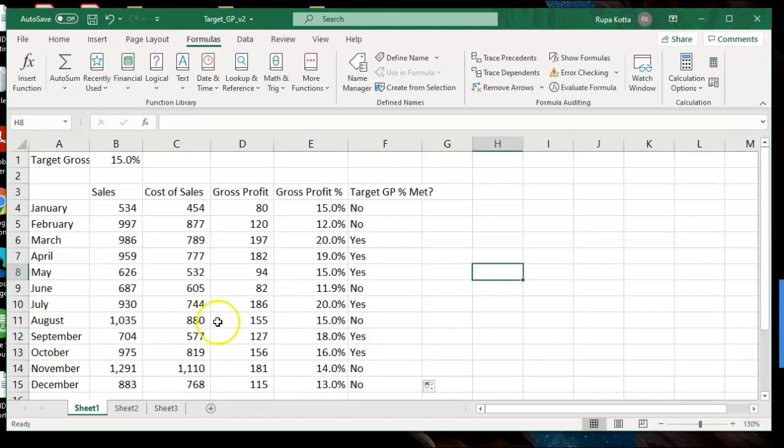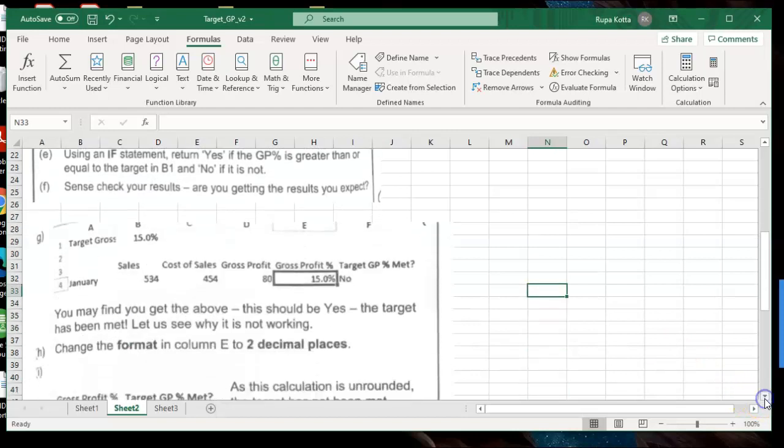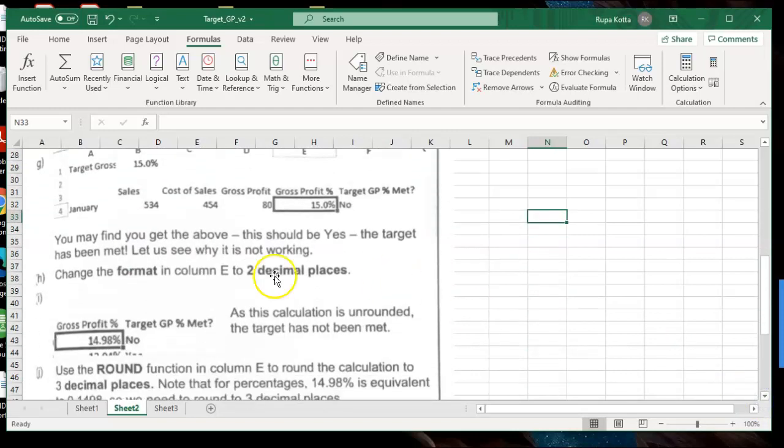Okay, so let's see what the question says. Check your results. Are you getting the results you expect? So we have seen that in two of the cells the results are not accurate. So let's see why the result is not accurate. You may find in the above this should be yes, the target has been met, but it is not working.